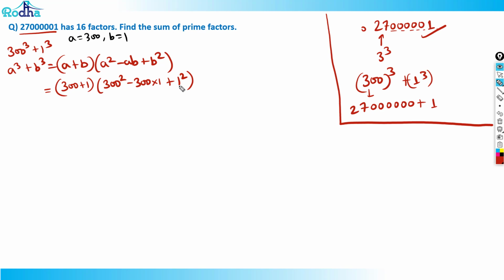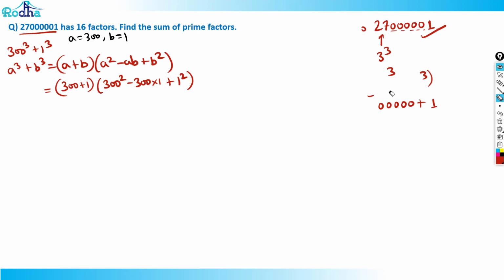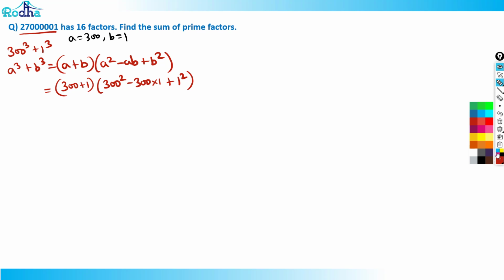So don't solve it right now. If you solve it, again it will come back to the original situation. I want to further factorize it. So how do you want to further factorize it? See guys, once you see this kind of expression, there are two ways to factorize actually. What are those two ways of factorizing? Look here. One way of factorizing, let's say we have a square minus ab plus b square. One way of factorizing it, you can subtract ab and add ab,